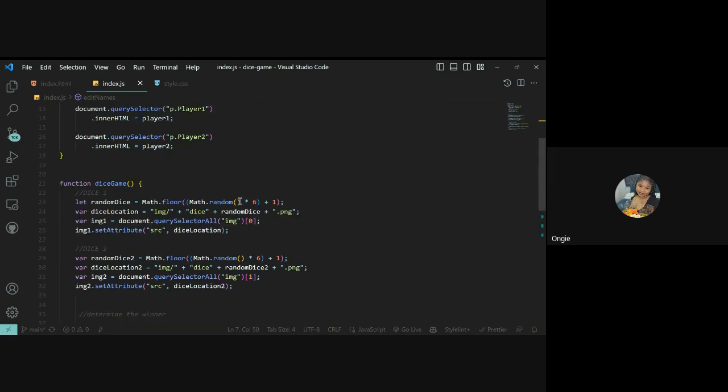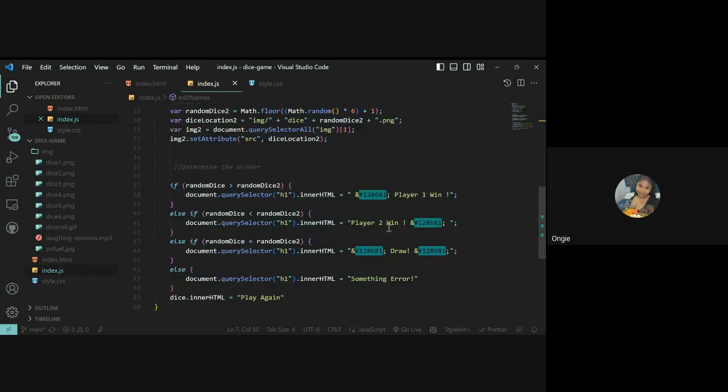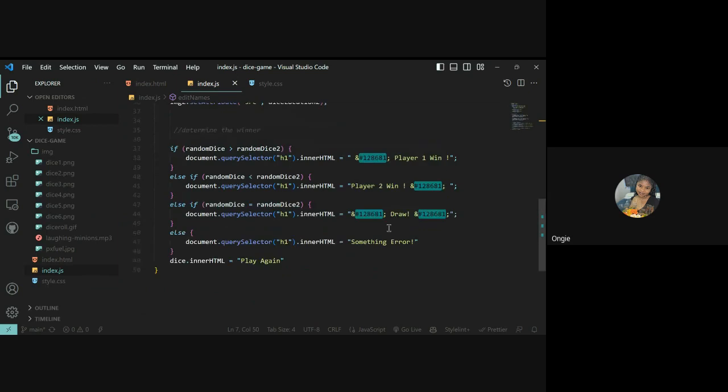And then in the function dice game, we have this let random dice. So each time the dice is rolled, the images will change randomly, and the images go up to 6 numbers. So it chooses randomly. And then here we determine the winner using the if. We're using the query selectors to select the